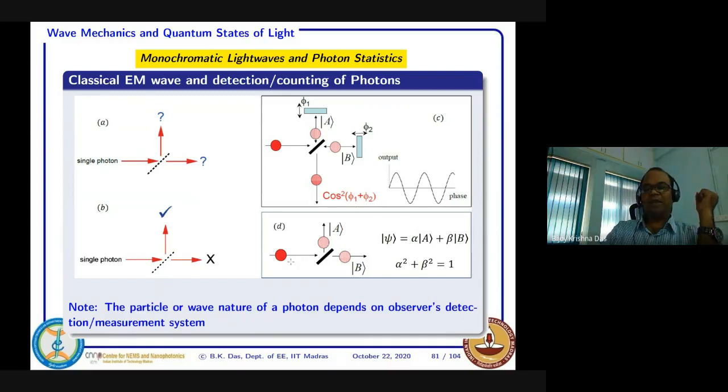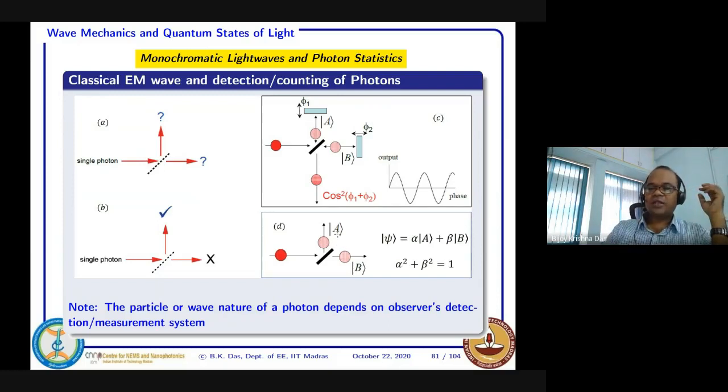And quantum mechanically, how do we interpret that? We mentioned that the photon, after hitting the beam splitter, is a superposition of two abstract, complex waves. You just have to think of it in an abstract way, because we don't know what is there. That is where quantum mechanical things come into the picture.